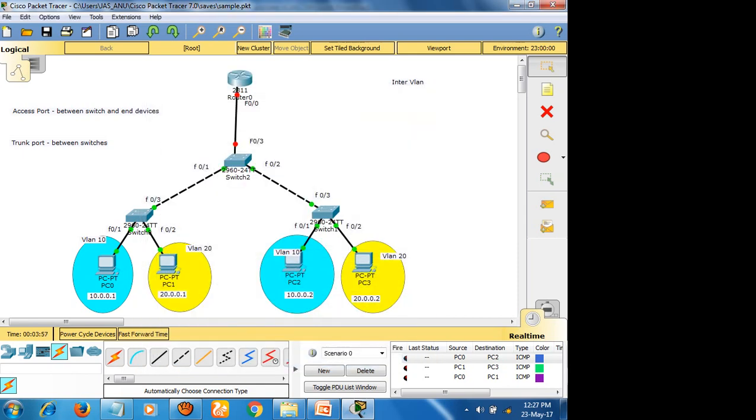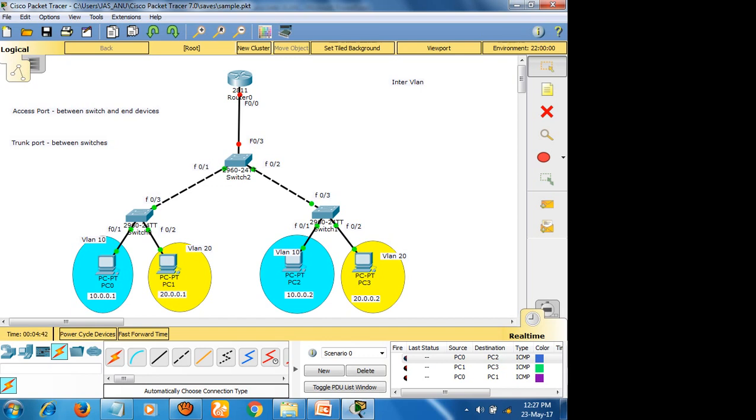So first I have only one line, and I need to configure two different virtual LANs. For that, what I'm going to do is split the same interface into sub interfaces. There is an option for the router. It can be split into sub interfaces, which means a single line can be divided into two interfaces and it can transport two different networks, right? Not only two, you can create any number of sub interfaces in a single line.